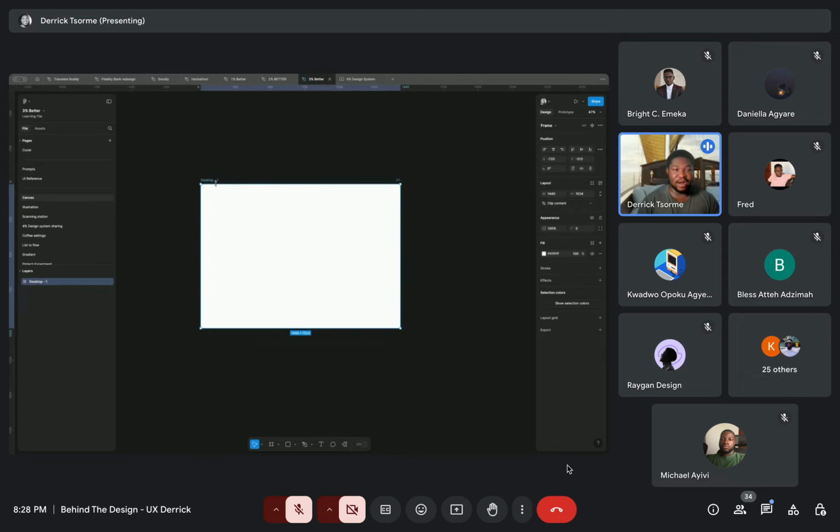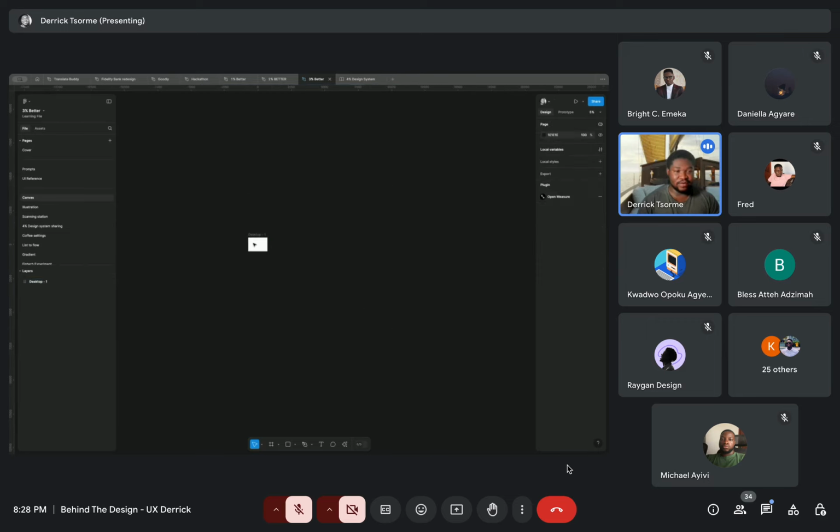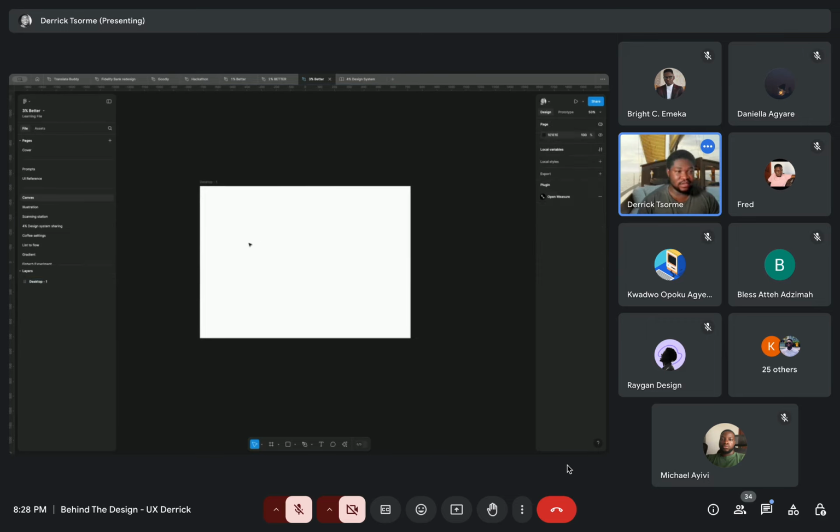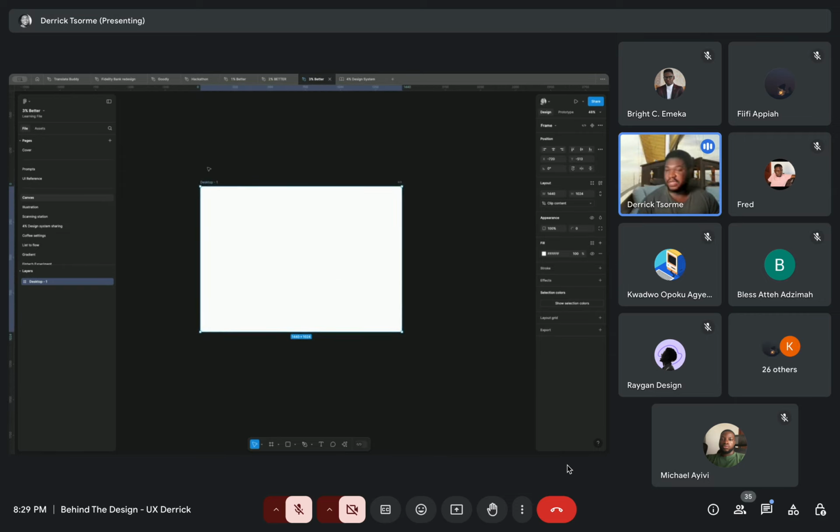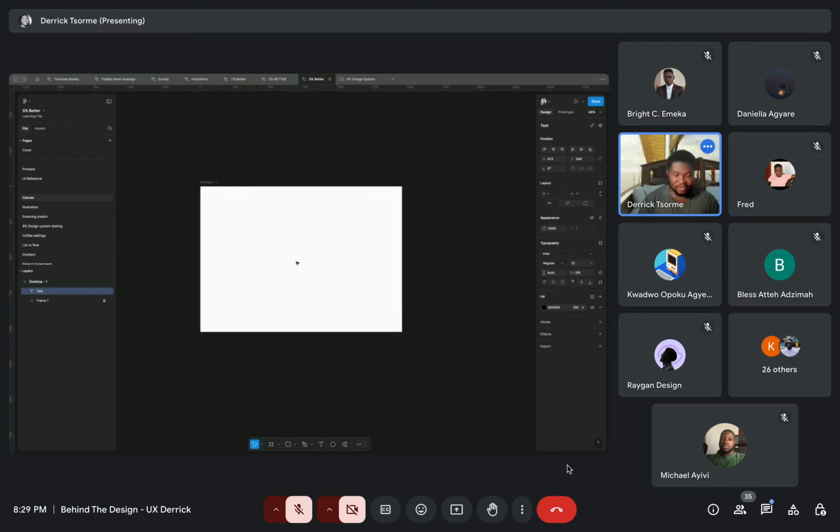This is an idea I had one night. I've not done anything on it. I just have the blank canvas. What I want to do is to create a page where you can go and doodle. So it's just a blank canvas, just like Figma has the infinite canvas. They can just doodle something like FigJam, but then I want to add some personal touches. That is Canvas. So if you see me having canvas.uxderrick.com, you know